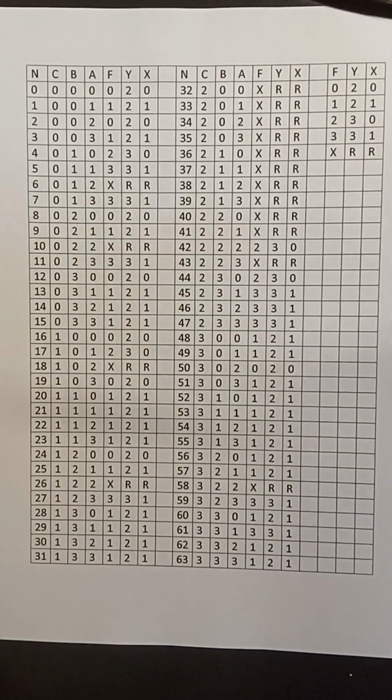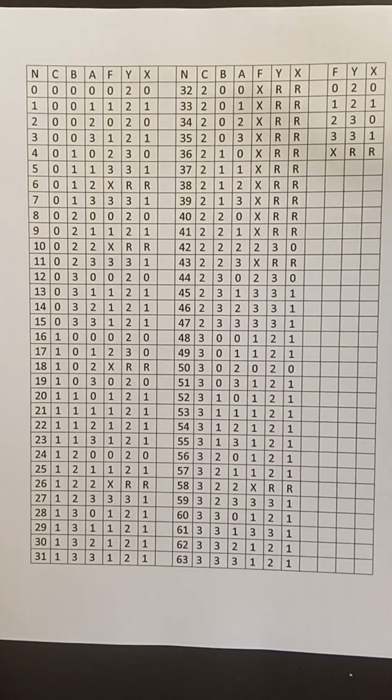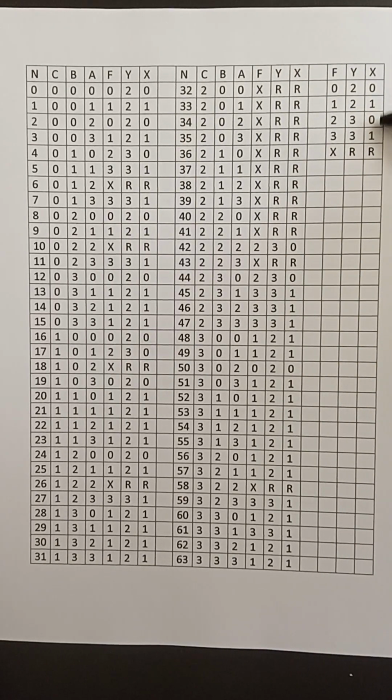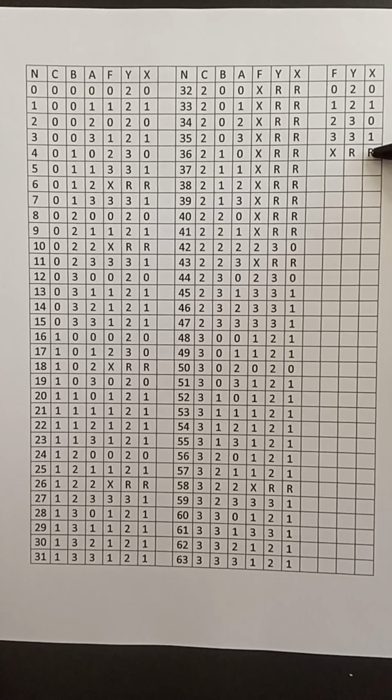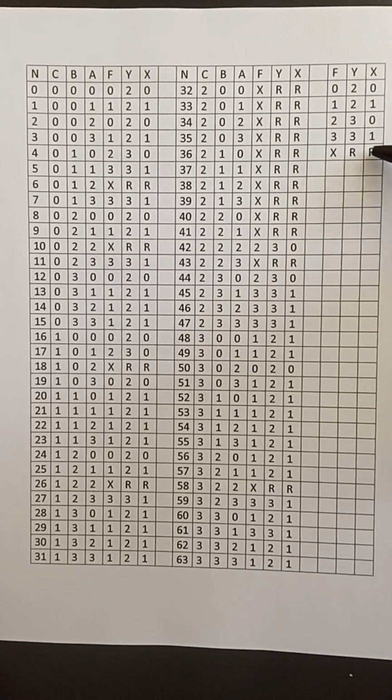Now this is a table of 3 variables a, b, c. F is here 0, 1, 2, 3, and y and x are coded as in table A in the previous example. So x can assume the value of 0, 1, and r here is for 0 or 1, and y can assume the value of a 2 or a 3, and r here is a 2 or a 3. So you've got f equals 0, 1, 2, 3, and x. X is a don't care state, which can assume the value of 0, 1, 2 or 3, and r is, like I said, accordingly